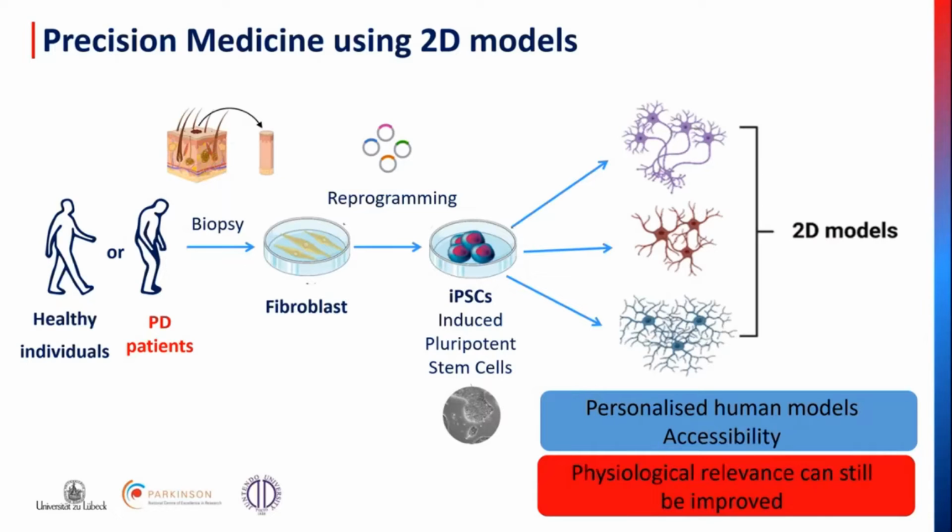So we have a tool that allows us, in the case of Parkinson's disease specifically, to compare the behavior and the properties of dopaminergic neurons coming from an individual affected by the disease and a healthy one